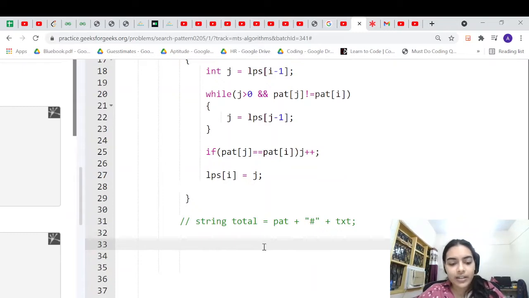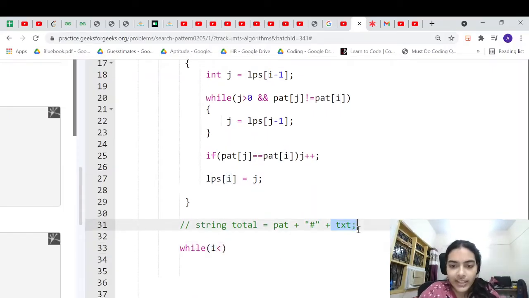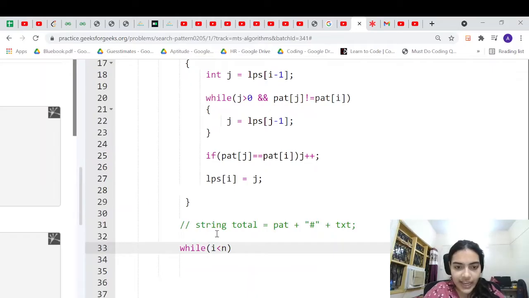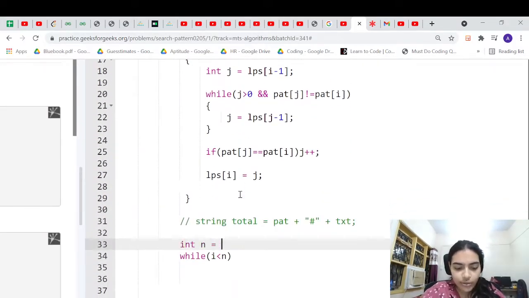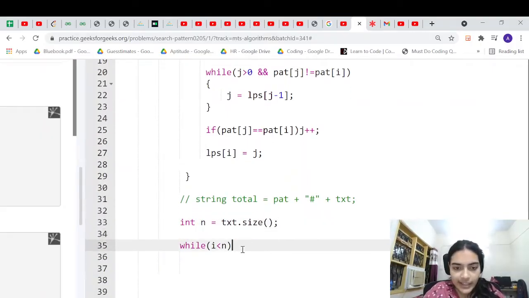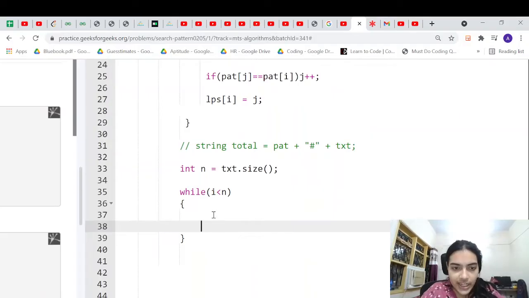So in this case, you are going to first of all compare the elements of the text that is given. Okay, so let me take the size of the text. So int n is equal to text.size. Now while i is less than n. Okay, so the first condition is very simple.